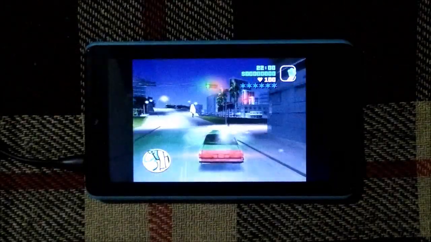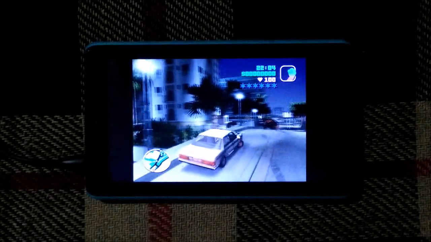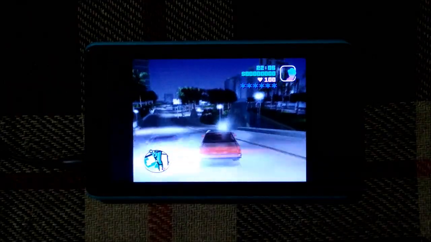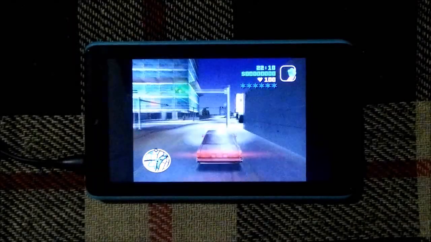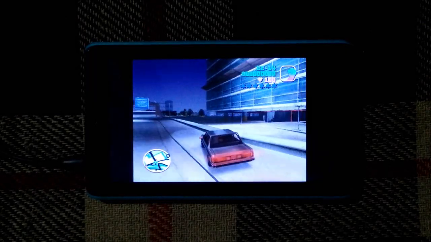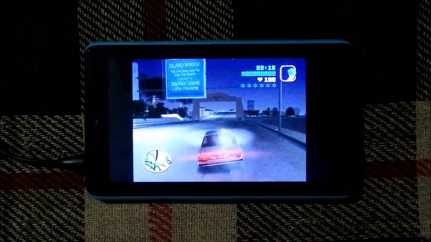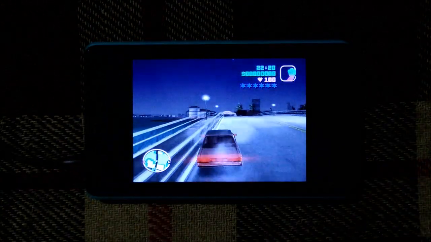I'm pretty bad driver, as you can see, but it's not actually the case because I am unable to see the screen properly. That's why I am just driving that harsh or that rough. The major drawback of this tablet is the screen quality, because it's very bad.